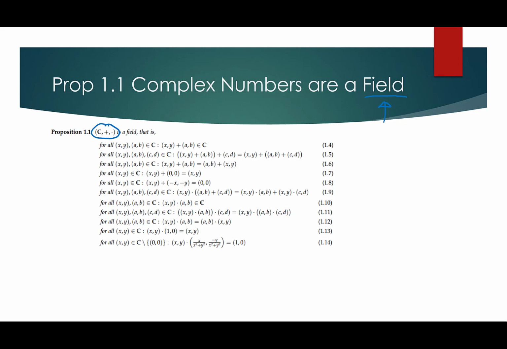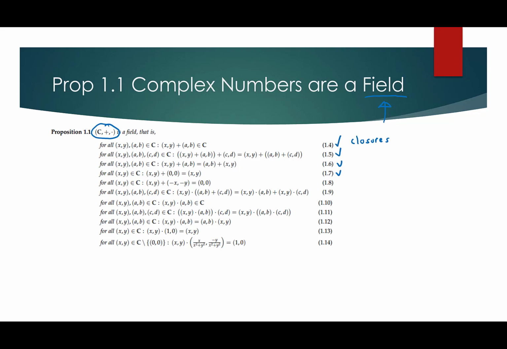Okay, but in any case, C is what we call a field, and I'm going to go through these one by one. The first property here is closure. If I add two complex numbers, I get another complex number. For those of you coming out of Foundations in Mathematics, this is one of our favorite results, at least in terms of complex numbers, not integers. The second property is associativity of addition. Third property is commutativity, so it doesn't matter what order you add complex numbers.